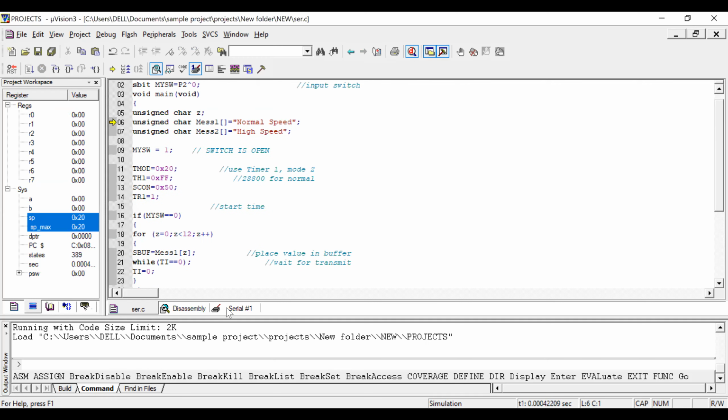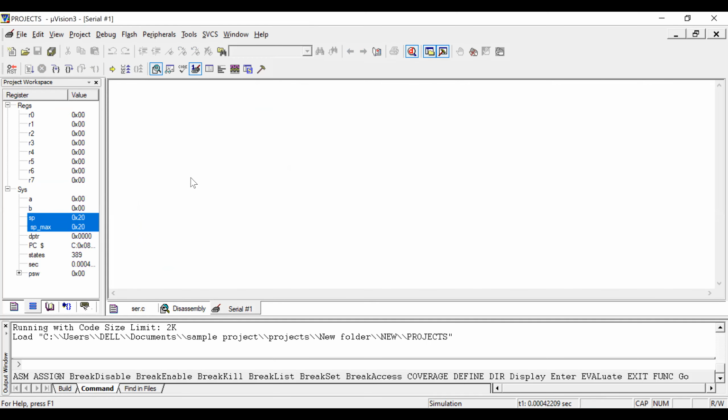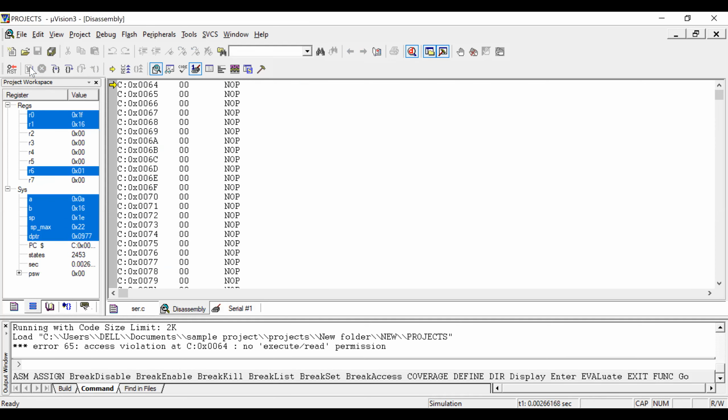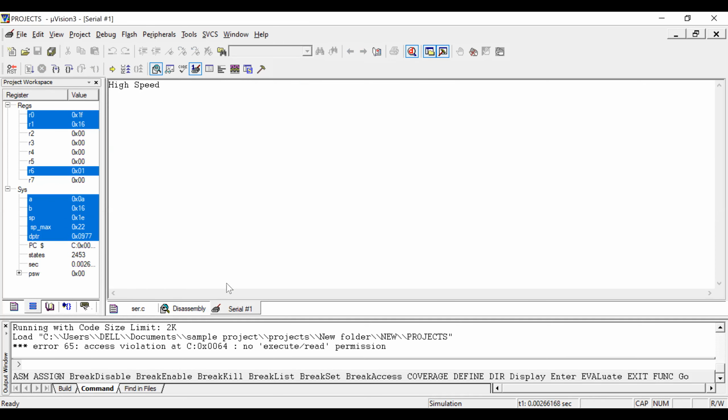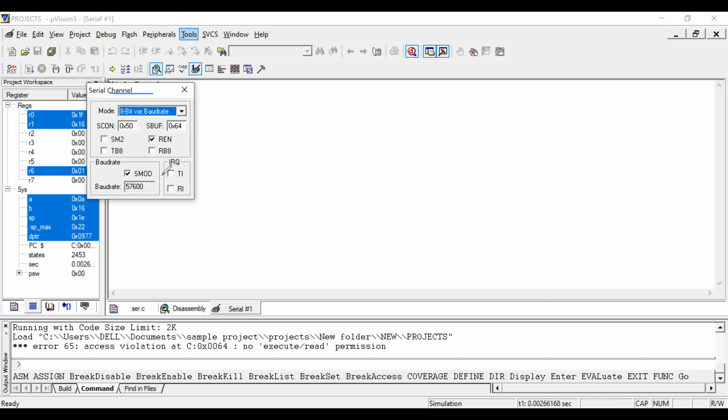Debug. So in the serial window, there is no data. Now I will run the program. You can see in serial data, what is the data? It is transferred high speed. The characters which I'm transferring through the transmit pin, and you can check at which baud rate it is transmitting, and you can see that it is 57K.